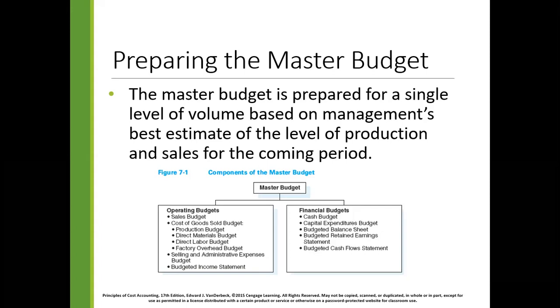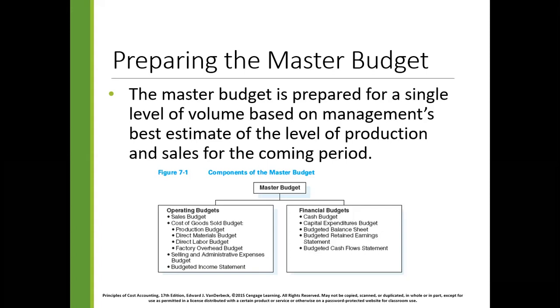So under operating budgets: sales budget, cost of goods sold budget, production budget, direct material, direct labor, factory overhead budgets, selling and administrative expense budget, budgeted income statement. And then under these financial budgets: the cash budget, the capital expenditures budget, the budgeted balance sheet, budgeted retained earnings,